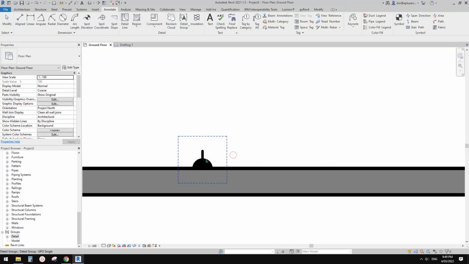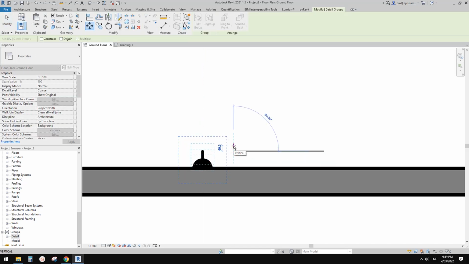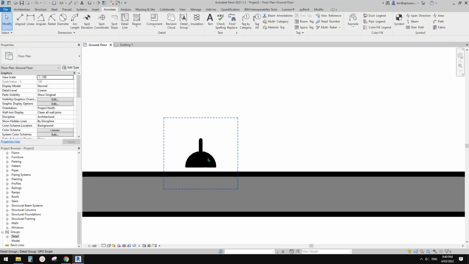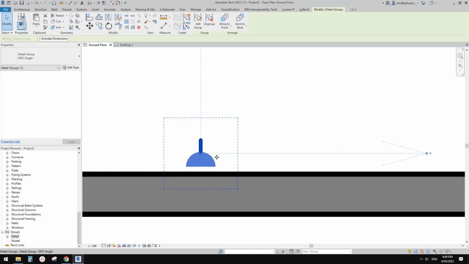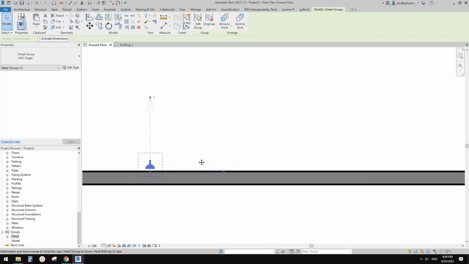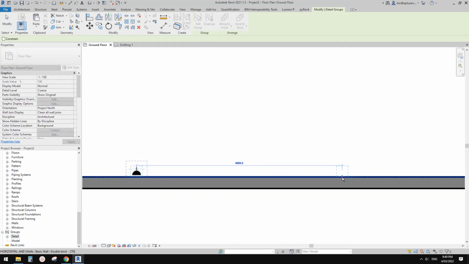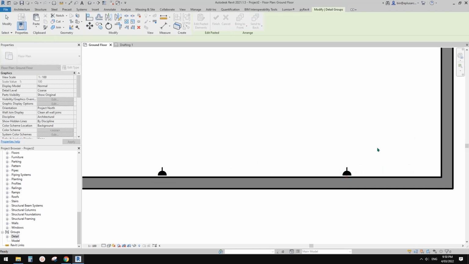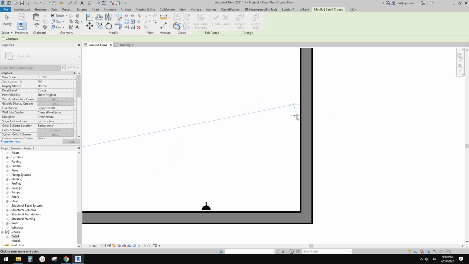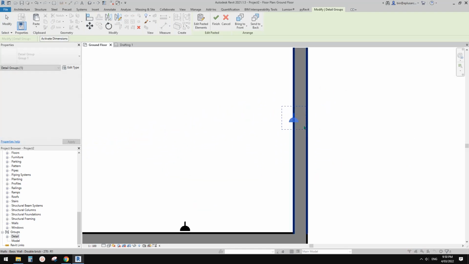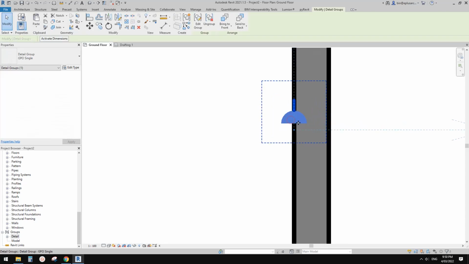I'd like to move it away a little bit. So once I move this away, I will just move this point down there. Then I can very easily Control C and place it somewhere else. And also, once you place it here, for example if I place it here, because my origin is